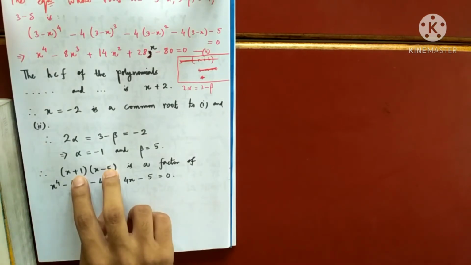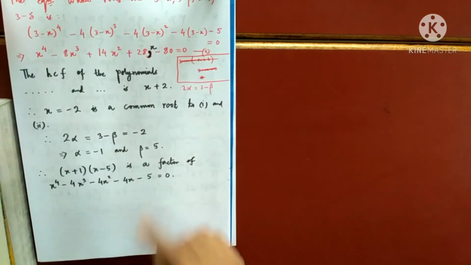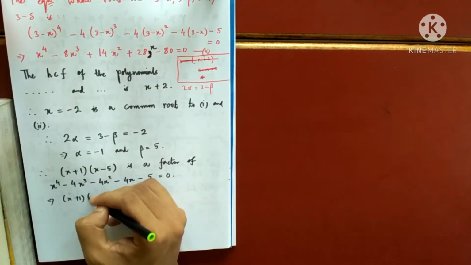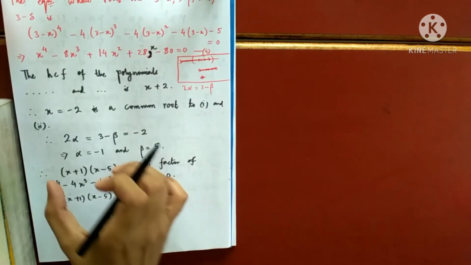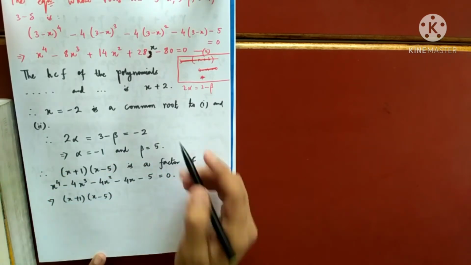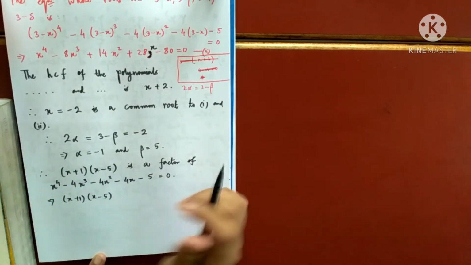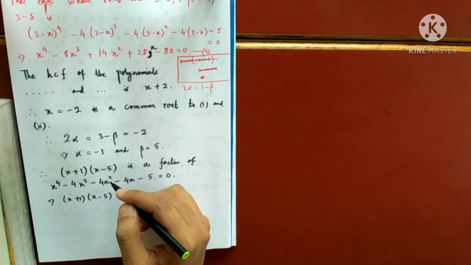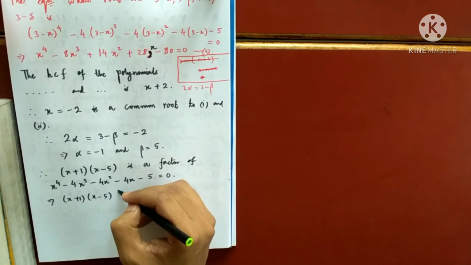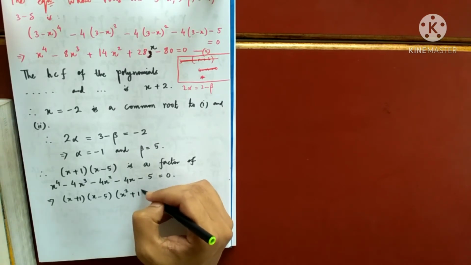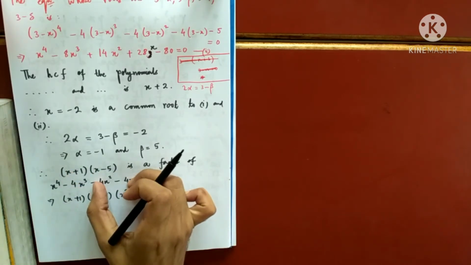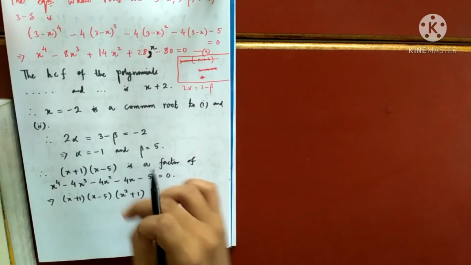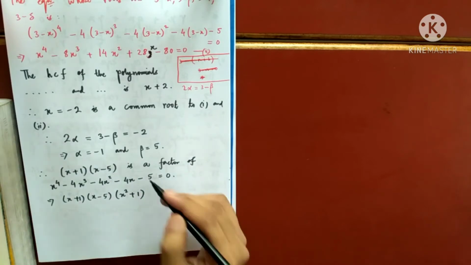So if two roots are known, you can divide by this. So after dividing, x plus 1, x minus 5 will be there. You divide this by this because this is a factor of this, right? This is a factor of this, so you can divide. And what will be the quotient? The quotient that will come is x square plus 1. That is again up to you. Because this is a factor of this, you multiply this. After multiplying, you divide this by this. You determine the quotient. So the quotient equals 0.